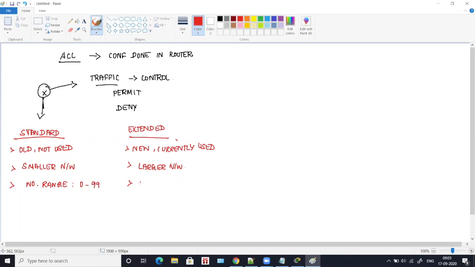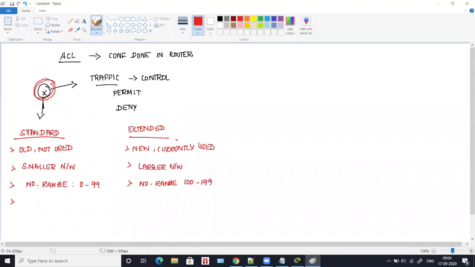For extended ACL the number range is from 100 to 199. Both standard and extended ACL we configure in a router only. Now, where to configure standard and where to configure extended?